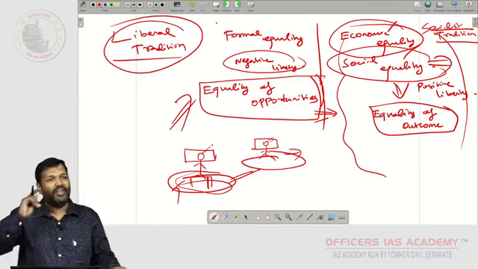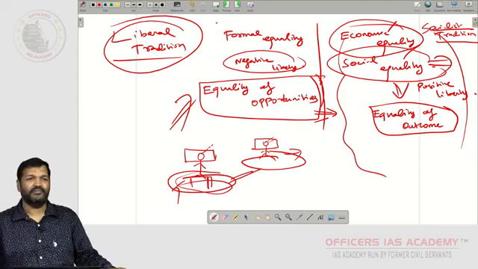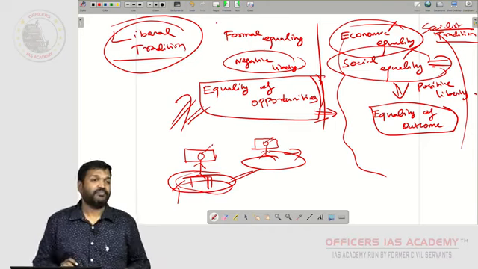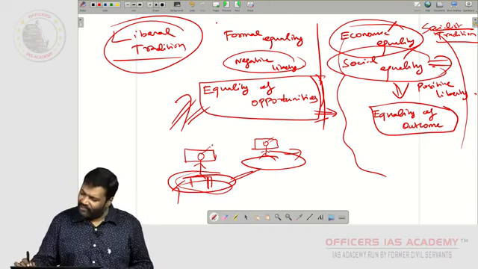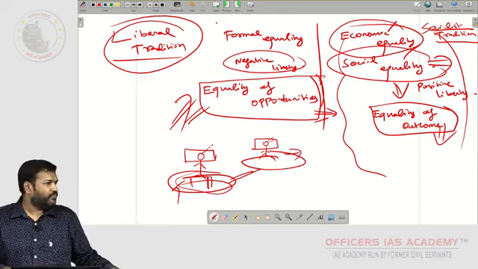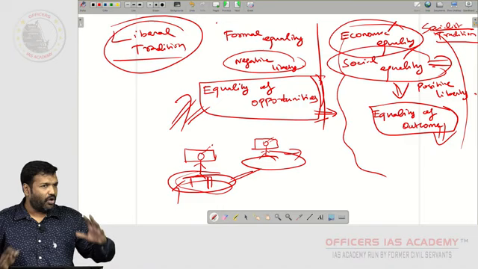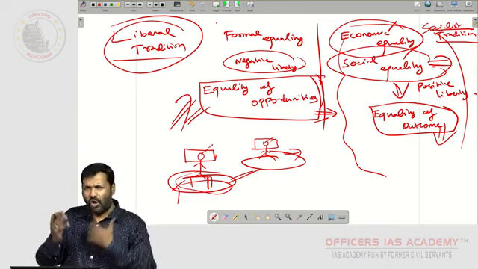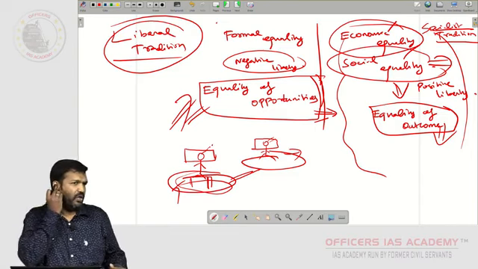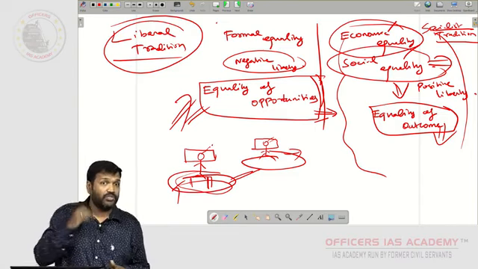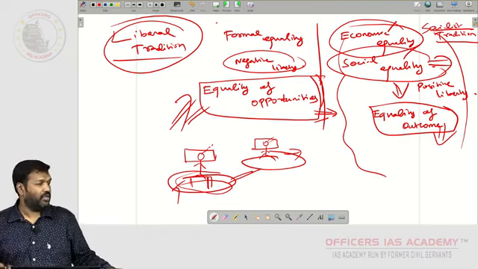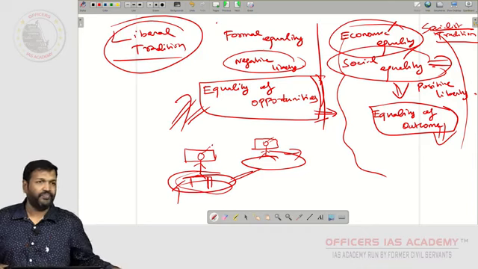Endlessly, as a society, you will be creating stools, that's it. You will be doing nothing. So argues the liberal tradition. Okay. So equality of outcome is also unrealizable. You understand? So that is how they argue. So a lot of arguments come into being around equality as a concept. Even for a question, that is how the question would come. Okay, you have to critically analyze. So all these points that we have discussed, always remember, make a note of it somewhere. That is how we have to write an argument.